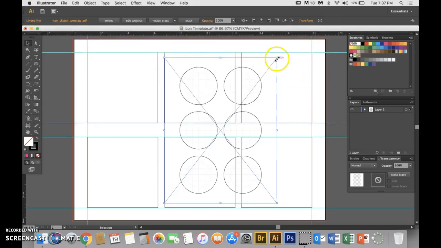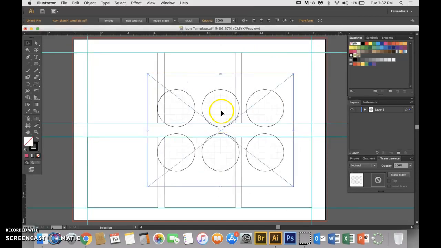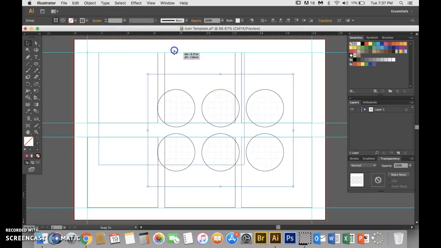And as you can see, it's vertical. So we need to rotate it to be horizontal. So when you go to the outside of the bounding boxes, you'll see like the little frown arrow that comes up. I'm going to hold Shift and click with my mouse and rotate it, and it moves in 45-degree increments. I'm going to go ahead and embed my file